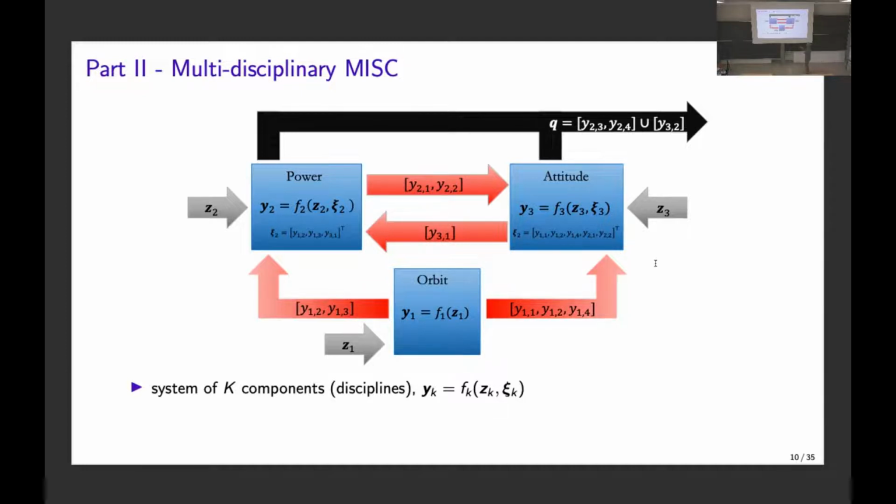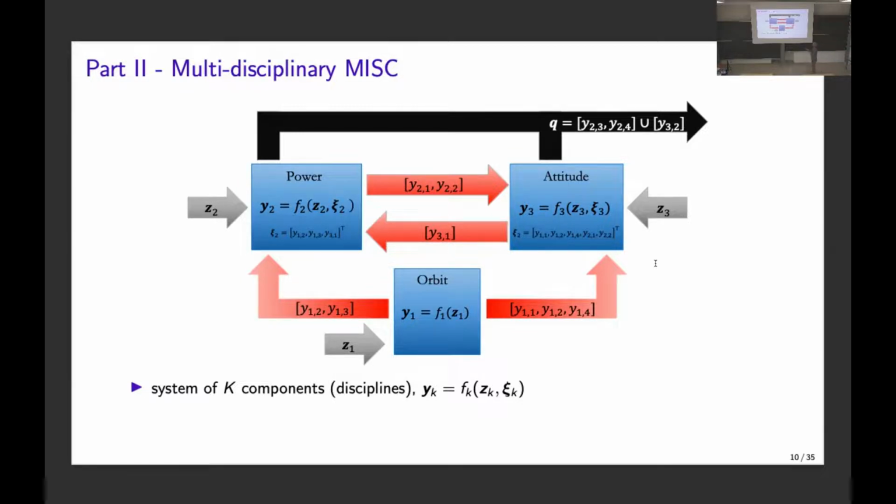So this is a system of 3 blocks. This system here is orbit. This describes the movement of the satellite. There's an ODE for the power of the satellite. There's another system for the altitude. So it's 3 different ODEs.